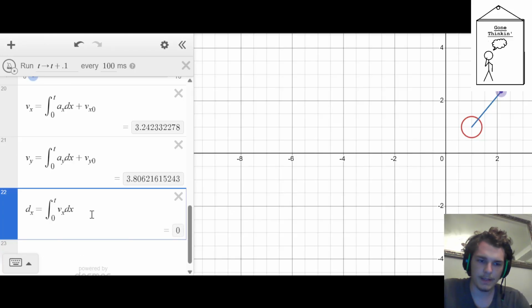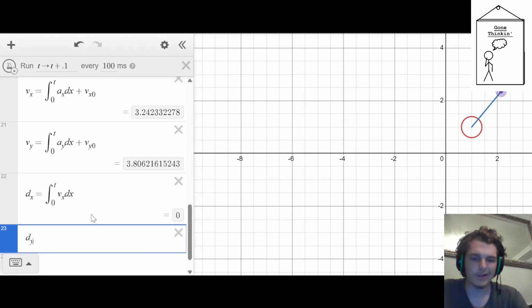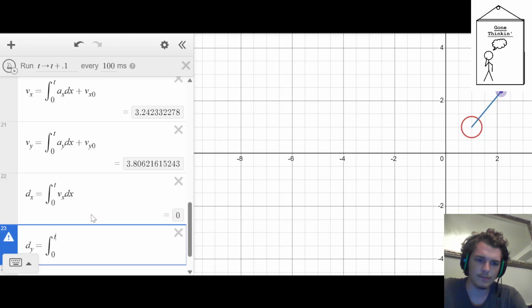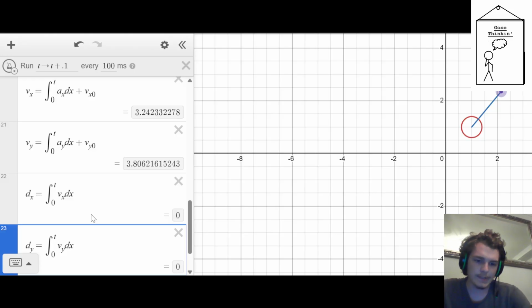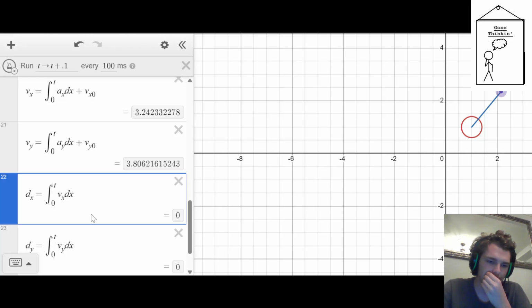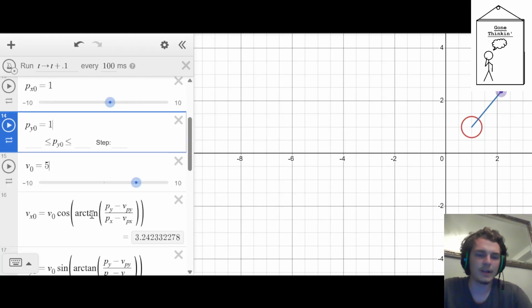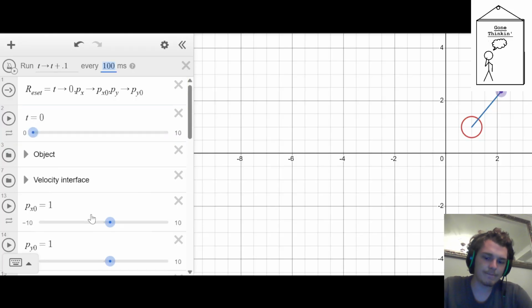So this is dx. Well, okay, I say dx, not dx is in the integral type of dx. I mean dx is in delta x, is what I mean by that. It's not even instantaneous delta x. This is just delta x over 0 to t. So I don't even know why I put dx. It's just like d for delta. That just makes sense. So dx is equal to vx, and then we're going to add the initial thing, and that's going to be the final position. Okay, yeah. So then every 100 milliseconds,